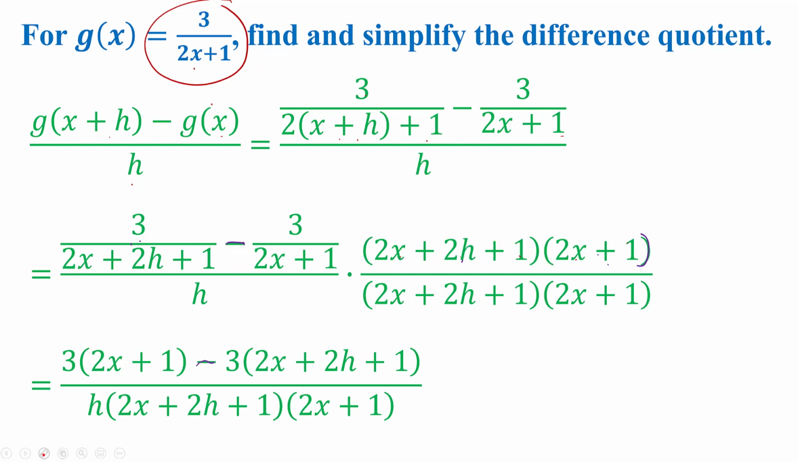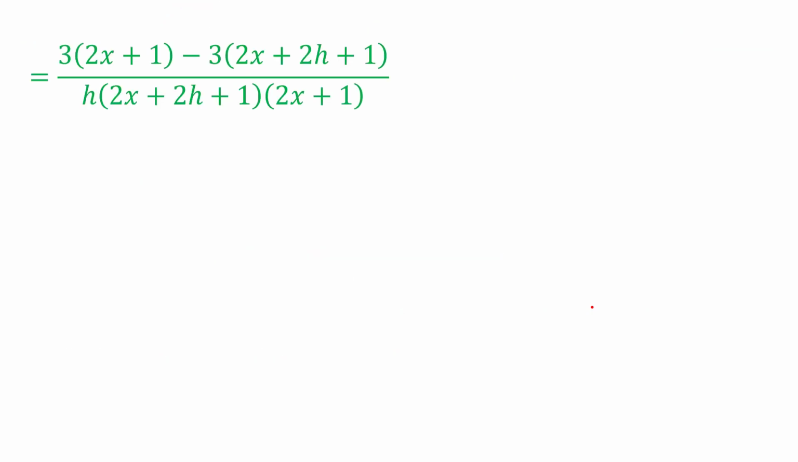Now we're taking 3 over 2x plus 1 times 2x plus 2h plus 1 times 2x plus 1. Notice here the 2x plus 1 over 2x plus 1 we can pull out. We're left with 3 times 2x plus 2h plus 1. The denominator, well, it looks messy here, it's fairly easy. We just take h times 2x plus 2h plus 1 times 2x plus 1. So spend some time looking at those steps if you need to, but let's go on then to simplifying